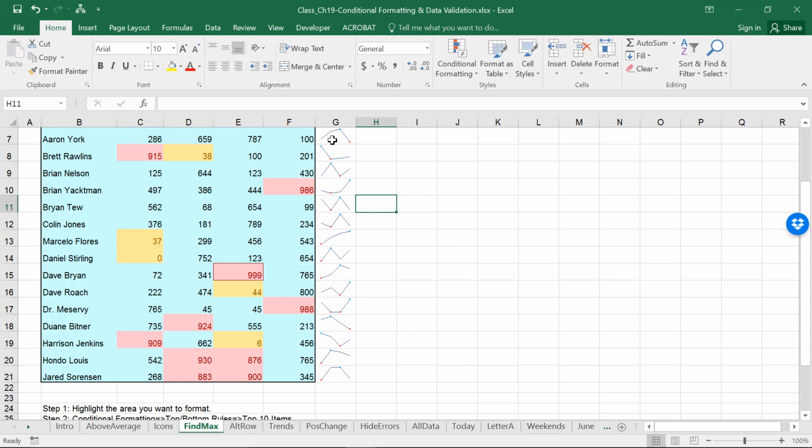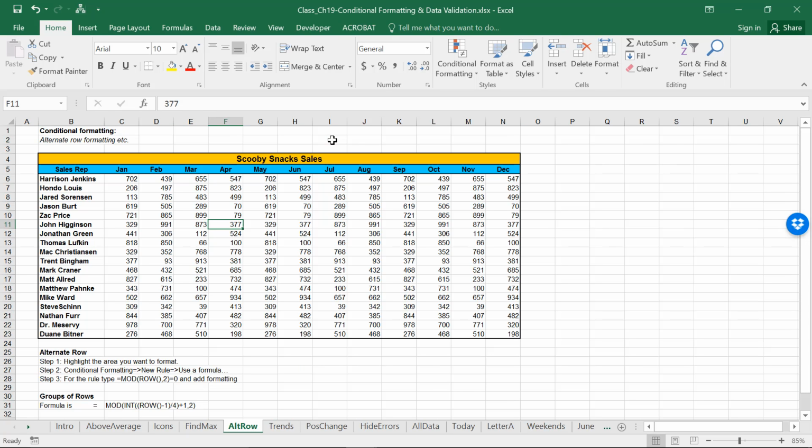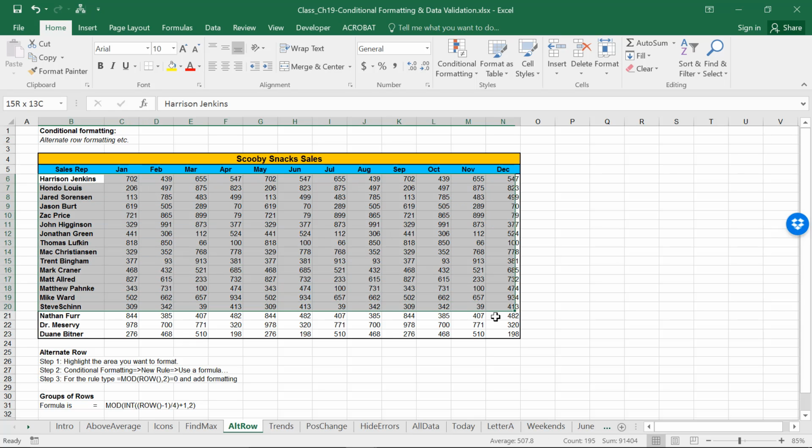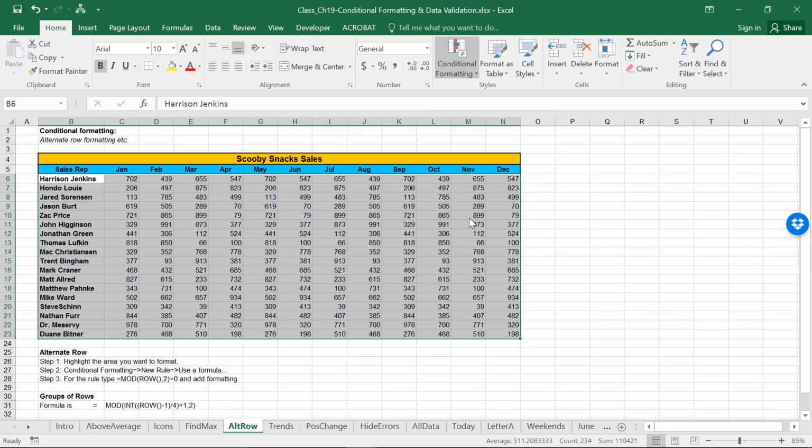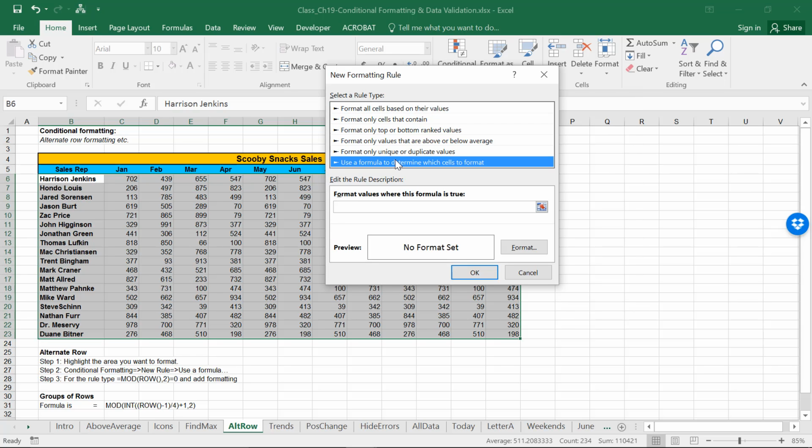Let's go to the next worksheet. On this worksheet, let's highlight alternate rows so it makes it easy to follow across the page. We'll first highlight all the data and then use the formula below. So new rule, we'll create our own rule, and we create it as stated there, equals the MOD of the